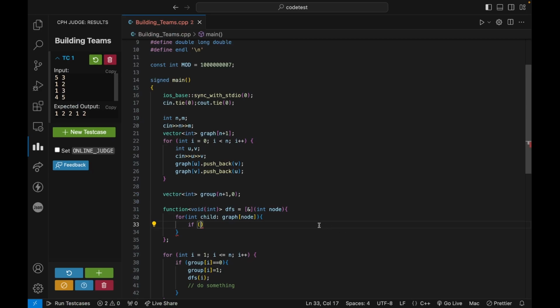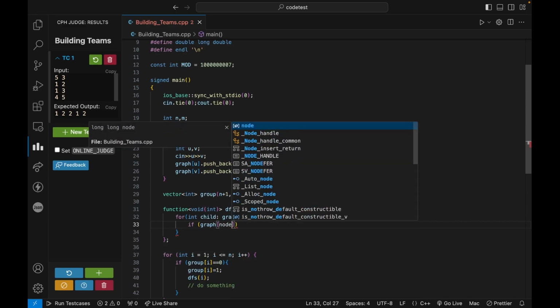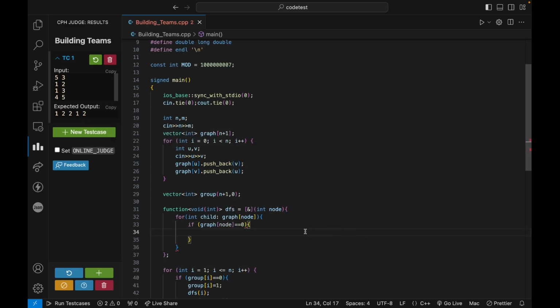If this new node was unassigned, so I can say, if group of node is equal to 0, then I have to assign this a group. So clearly, if it is 0, it means that nothing was assigned. If my current node has a group of 1, then I have to assign it a group of 2. If the current node had group equal to 2, then I have to assign it a group of 1. So I can shorten my code and say group of